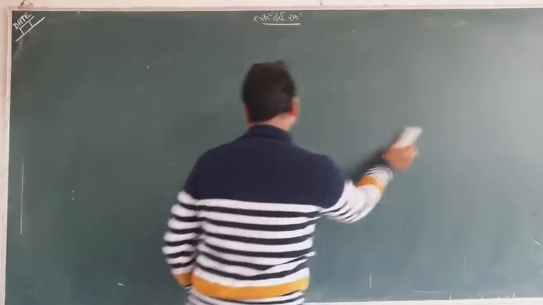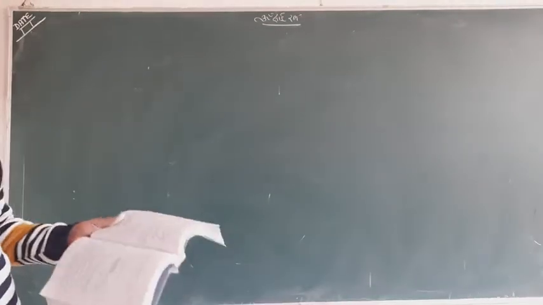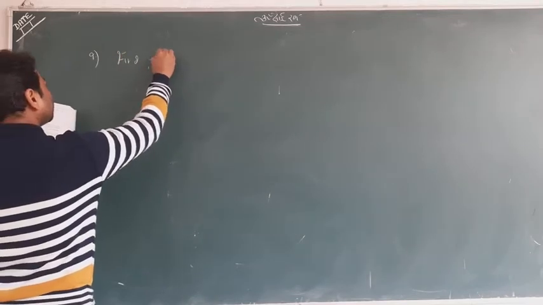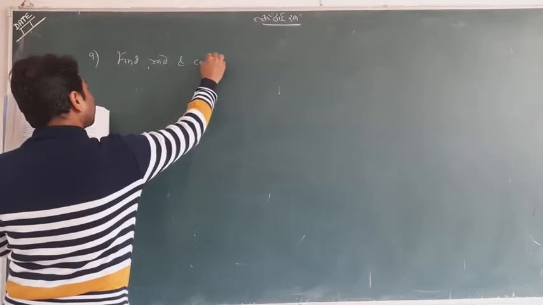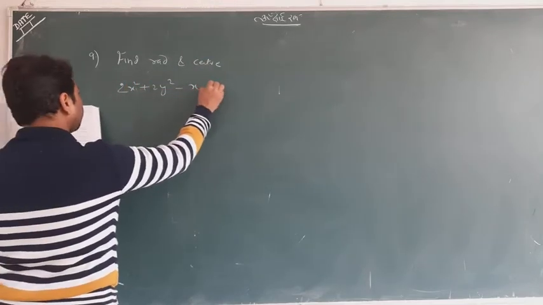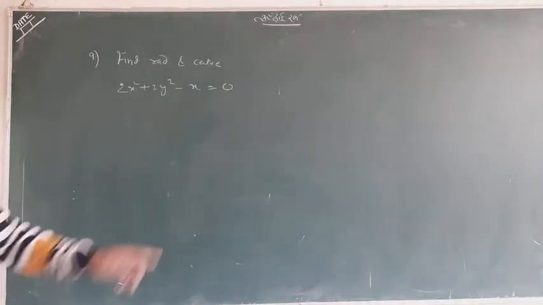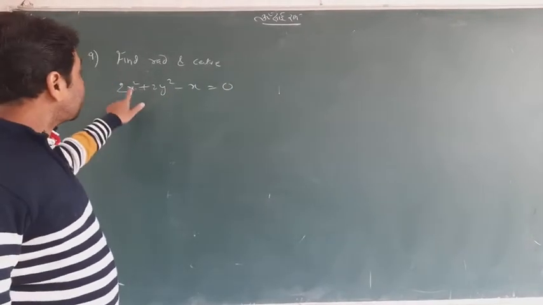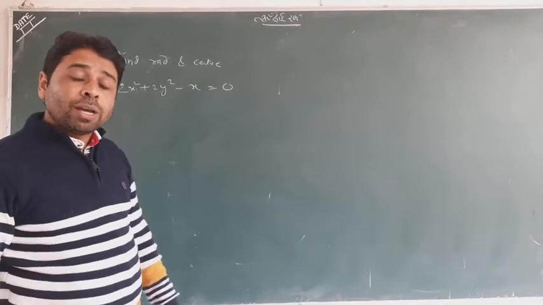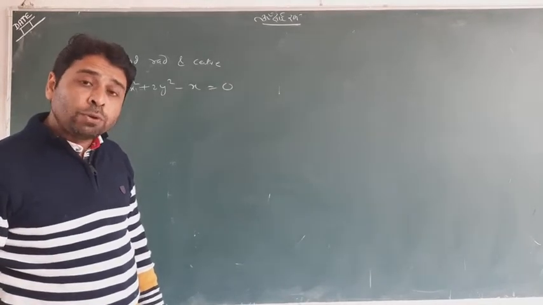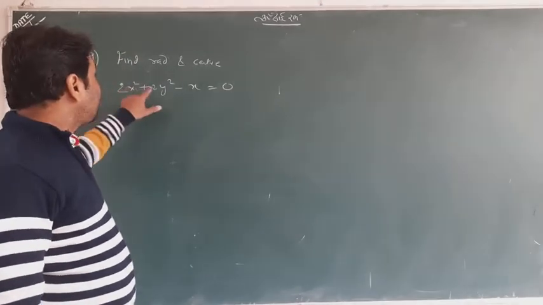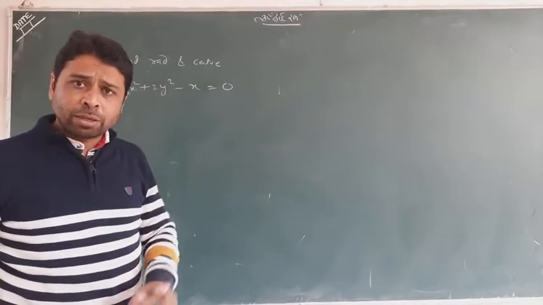Okay, still one question I will take from my side. Question number 9, look at it. Find the radius and center. This is a very important question for the exam. If you focus on this equation, x square and y square have some coefficient, and that should not happen. When you have to find the center and radius, you always need 1 and 1 as the coefficients, but here it is 2 and 2 or 3 and 3; they must be equal.